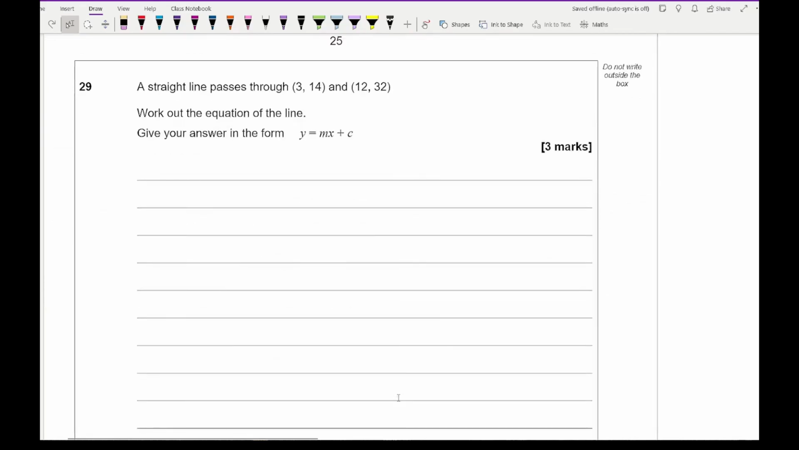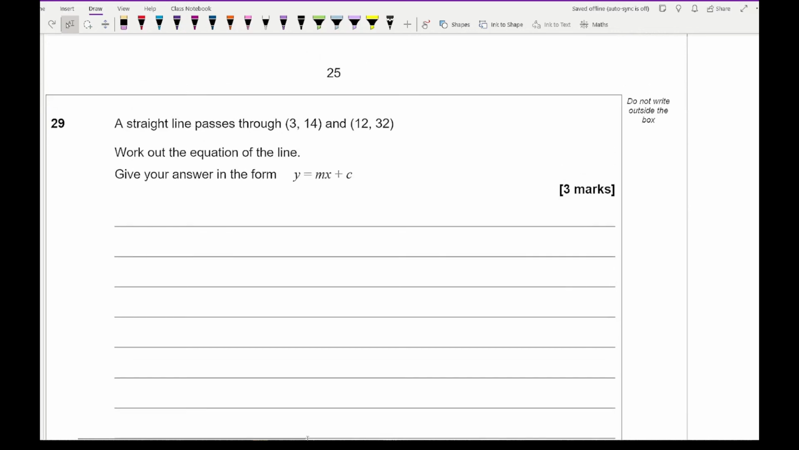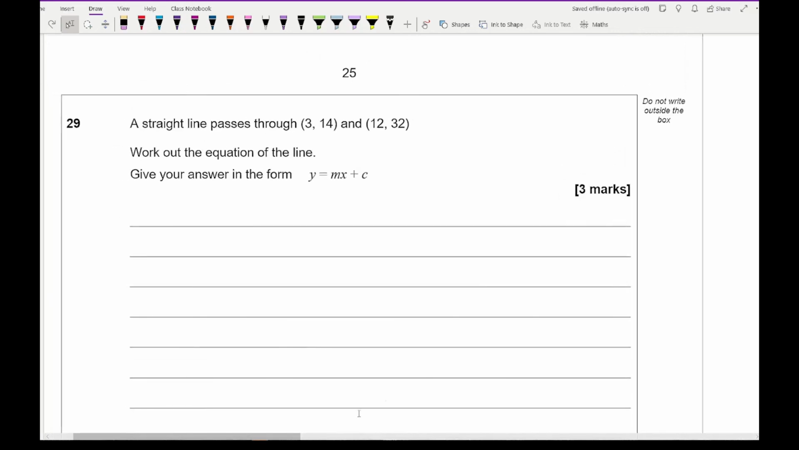Then moving on to our last question, it says the straight line passes through (3, 14) and (12, 32). Work out the equation of the line, and give your answer in the form y equals mx plus c. Now there are several ways in which you can do this question. For me personally, what I would go for is simultaneous equations. So if I substitute the x and y values to give one equation, then substitute the other x and y values to give me another equation, and using this formula here,